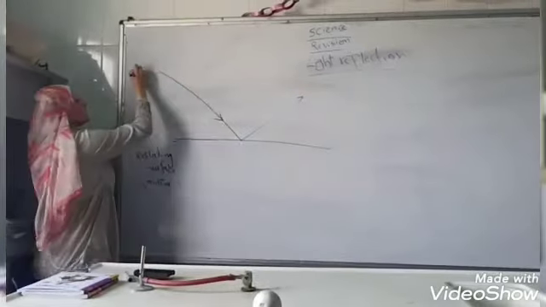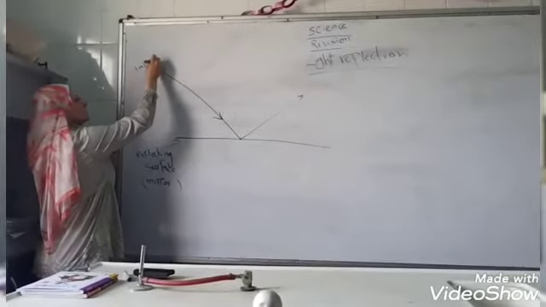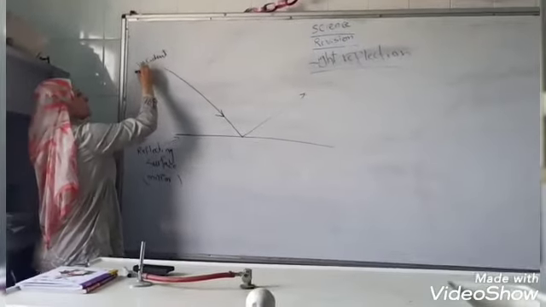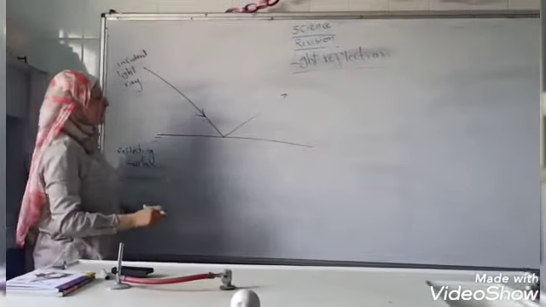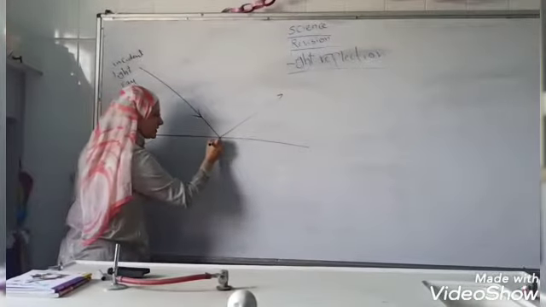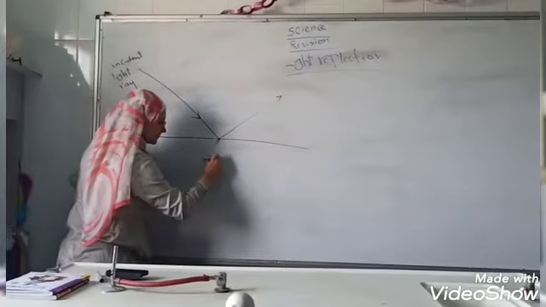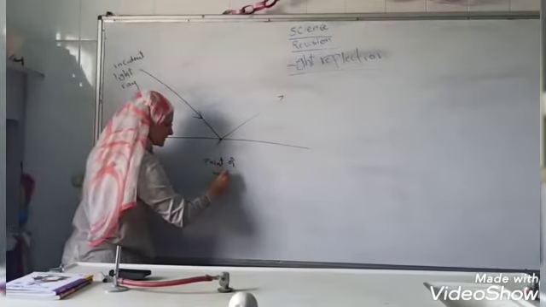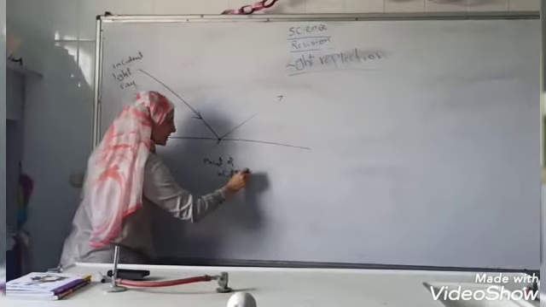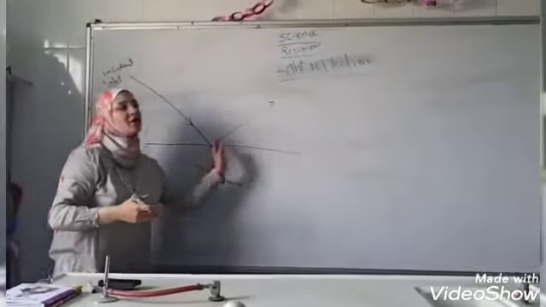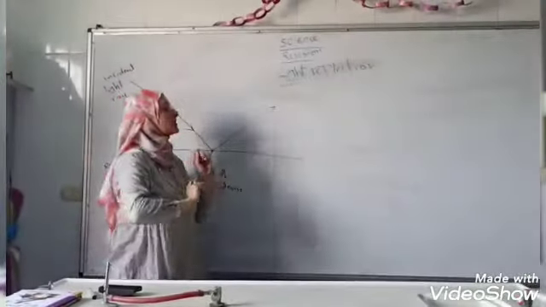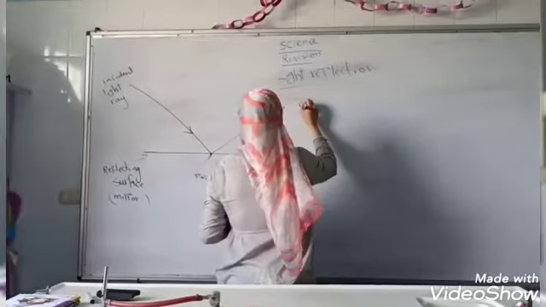This is called the incident light ray. What happens to light when it falls on the reflecting surface at the point of incidence? It rebounds, returning back in the other direction. So it's called the reflected